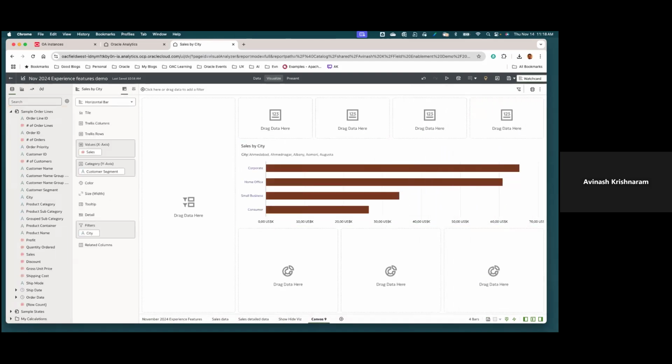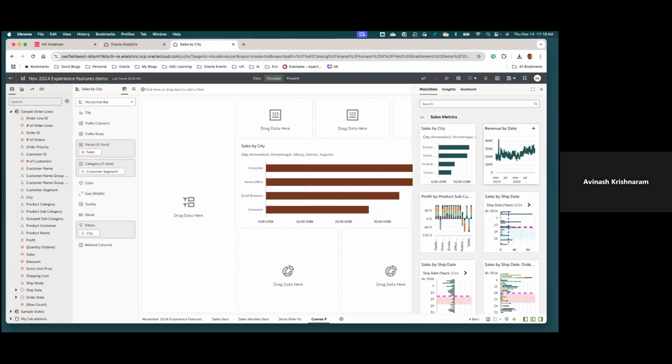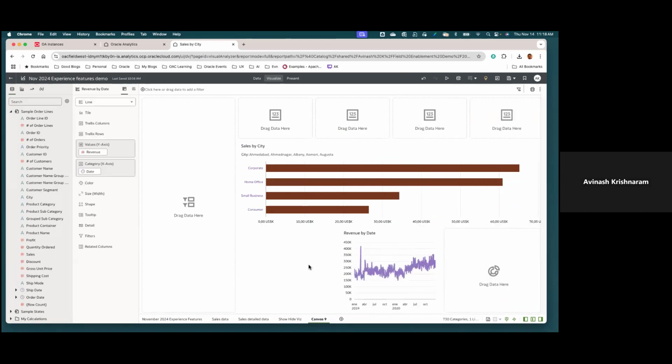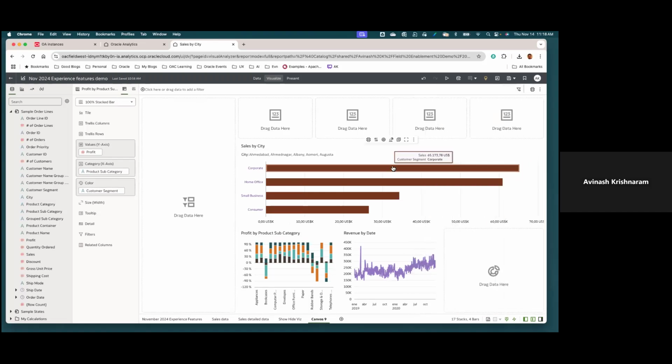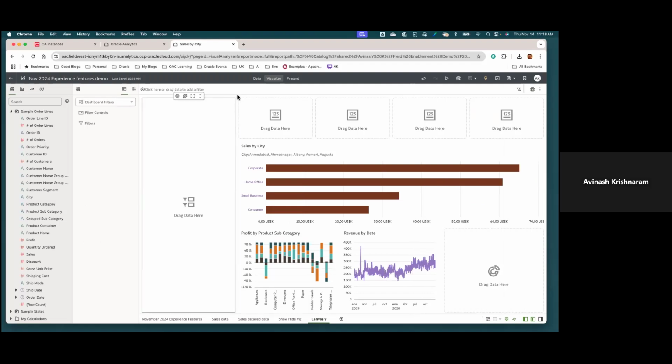As you drop, notice that the grammar of the visualization is populated on the left-hand side. We'll bring in all of the information pertaining to the visualization definition that the user can then choose to manipulate or not. And the layout, once you click on a layout, is like a model, meaning that there is no bidirectional sync. Once you apply it, it's a template. The template is applied, and as a user, you're welcome to modify the canvas layout.